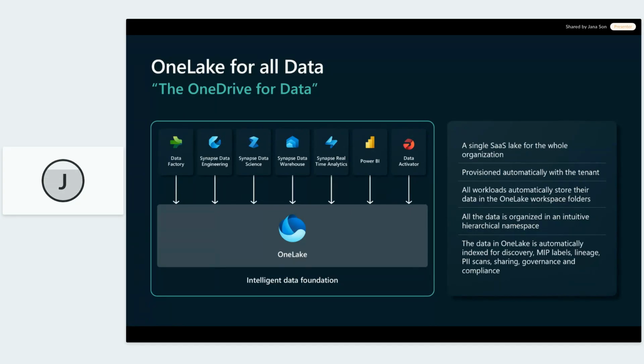So all of their Fabric workloads store the data inside OneLake automatically in the storage account, and being distributed, OneLake then automatically provisions as many storage accounts as needed. So it scales itself without the need for you to explicitly configure and manage multiple storage accounts.